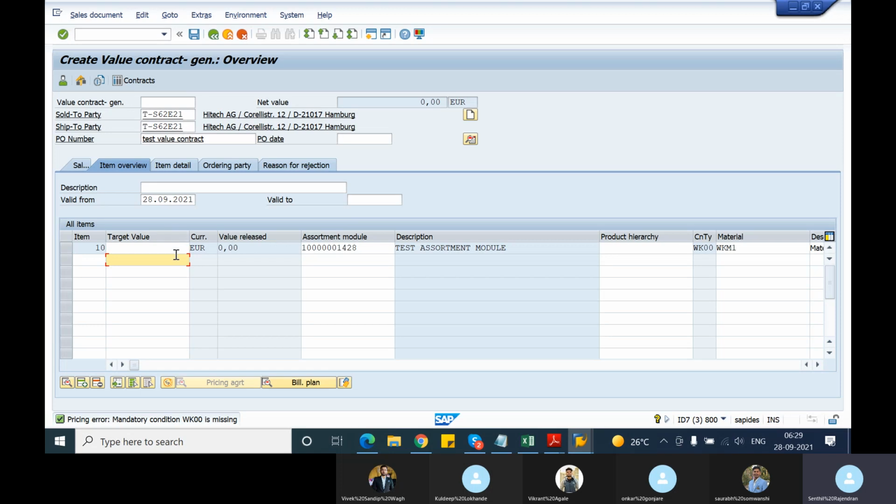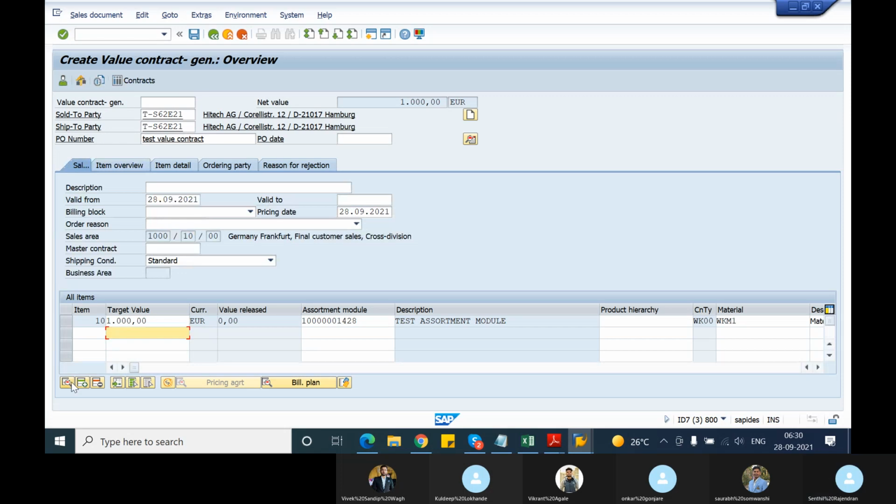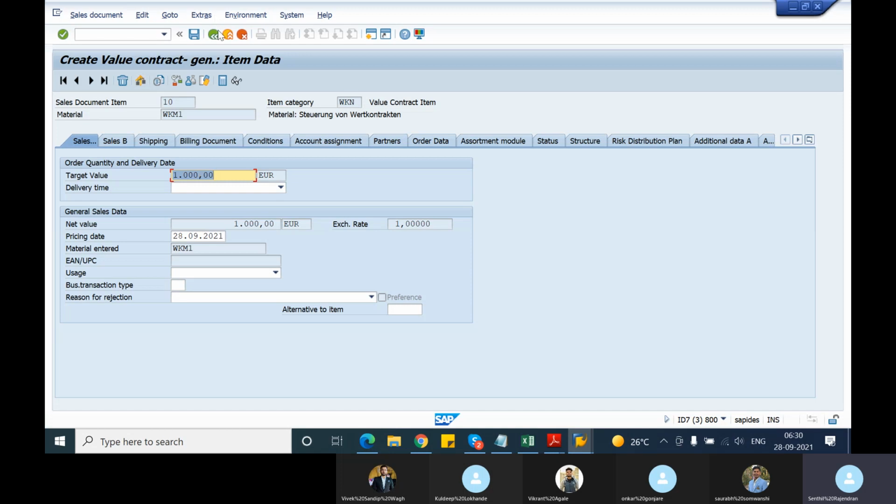So value contract means here you need to provide the value of the entire contract. For example, now we have agreed to give 1000 euro. We are agreed to supply materials worth 1000 euro. Then you give 1000 as the target value, and here, if you want to know, yeah, so